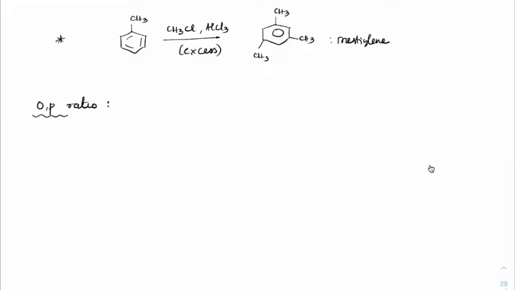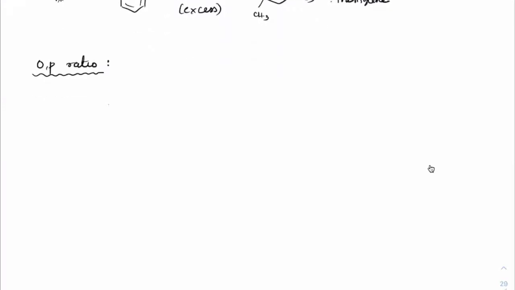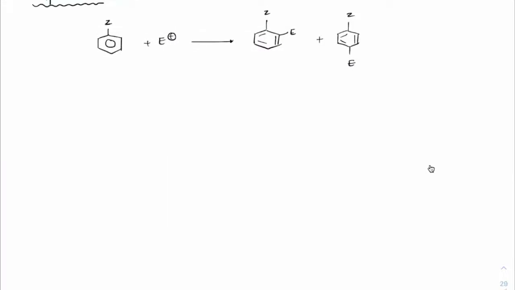We don't have to worry about identifying this on every compound, but only on halides. So we have to learn how much is the percentage amount of ortho or para that comes on halides. Generally, whenever we write about a group Z, if it is an ortho-para directing ring, as the electrophile E gets added at the ortho position and at the para position, these are the only products which you will get. But what is the percentage amount of ortho or para becomes an important issue.